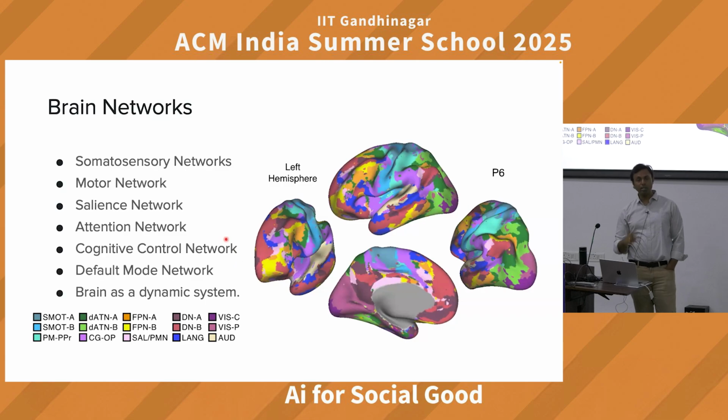The moment you listen to this instruction, your cognitive control network got activated. कि क्या करना है, मुझे control करना है अपना हाथ. It gave a signal to the motor cortex that I should raise it up. How do you know that it's raised up? Your somatosensory cortex is sending a signal back, a feedback signal कि it is up. So you have all these sensors in different parts of the hand, which will give you a very good sense of कि मेरा हाथ कहाँ है, मेरी body कहाँ है in respect to my surroundings. There's this network in your brain called the default mode network. It's a very wonderful network.